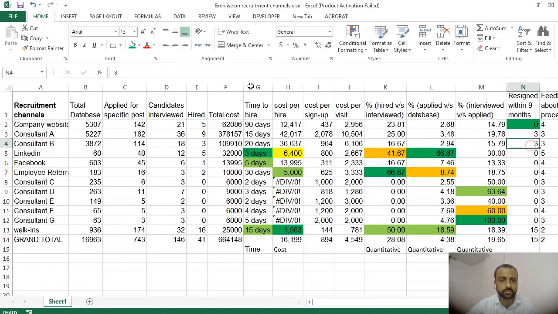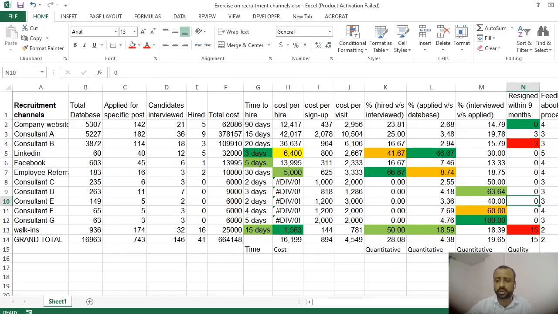So this becomes the biggest problem for me, because I have invested time and money, and all the candidates who were selected. And similarly, walk-in is the second bigger problem for me. I'm highlighting that in red because I have spent time and money, and out of 16 people who were hired, 15 left. That's a worrisome thing for me. But it is representing the quality, because I have no other indicator. I don't have performance data because 1 year has not been completed so far. So I have to rely largely upon this feedback or this information.